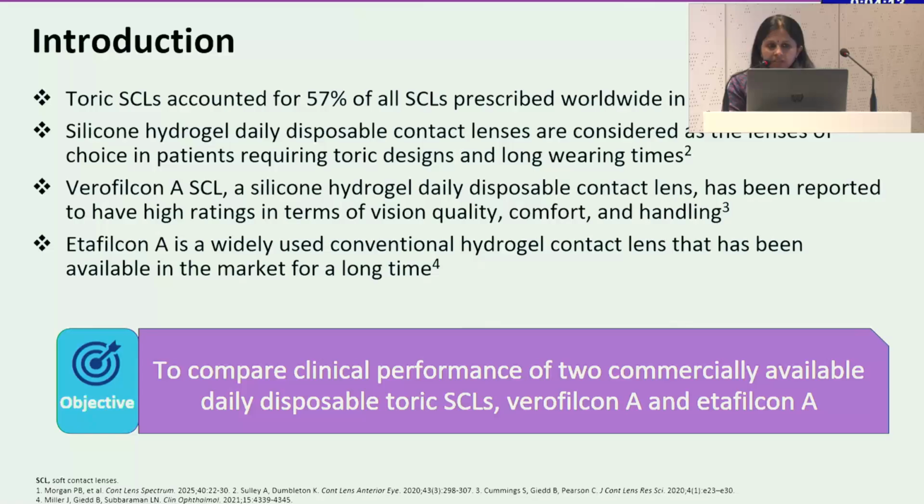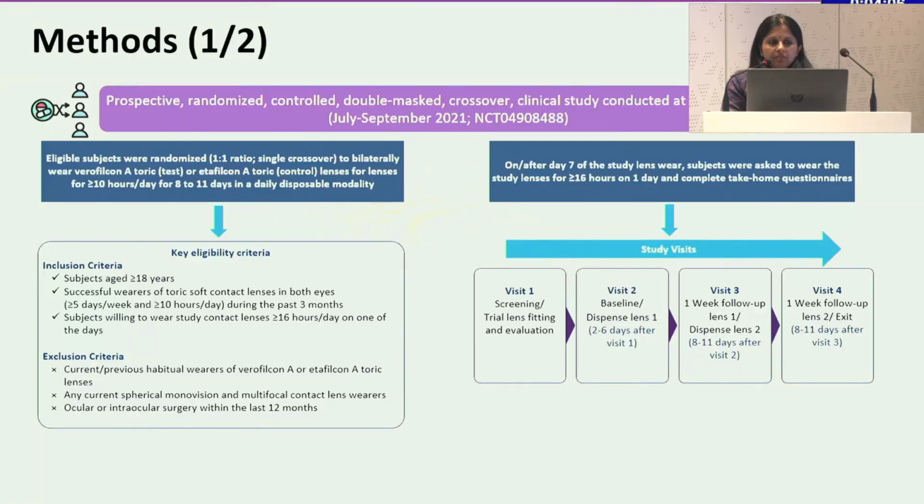Etafilcon A is a widely used conventional hydrogel contact lens that has been available in the market for a long time. The methodology used in this study was a randomized, prospective, controlled, double-masked crossover clinical study conducted at 8 sites in the US. The eligible subjects were randomized 1:1 with a single crossover to bilaterally wear Verofilcon A toric lenses or Etafilcon A toric lenses for more than 10 hours per day for 8 to 11 days